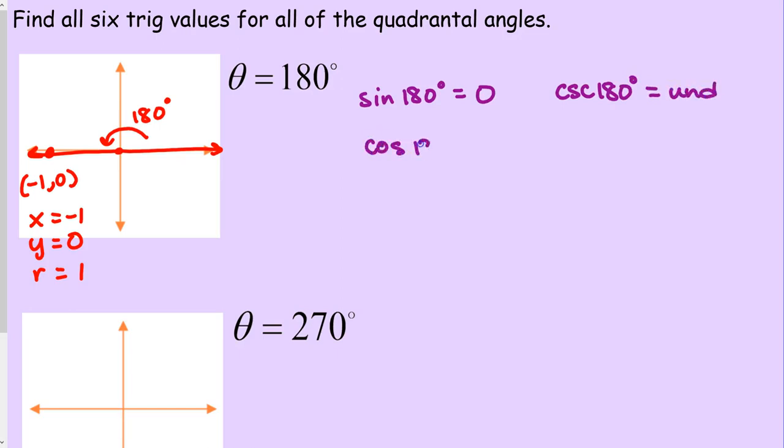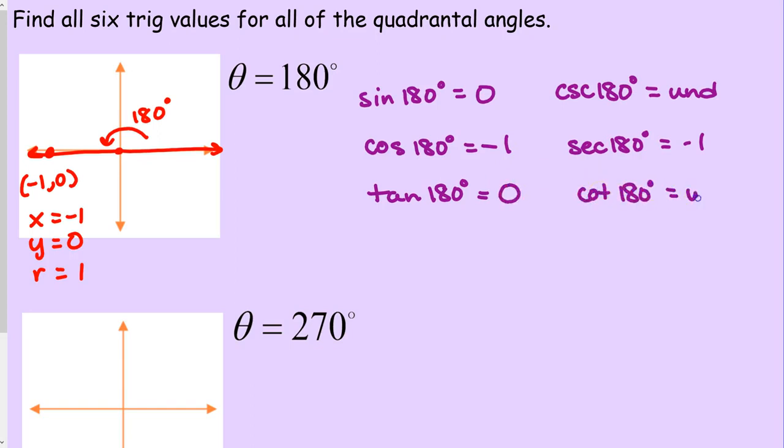Cosine of 180 degrees, cosine is x over r, -1 over 1 is -1, and secant of 180 degrees, the reciprocal, is -1. Tangent of 180 degrees, tangent is y over x, 0 over -1 is 0, and cotangent of 180 degrees, the reciprocal, is undefined. And then we have one more,